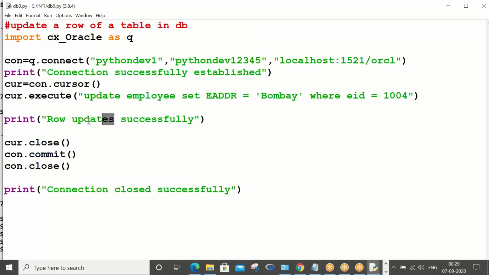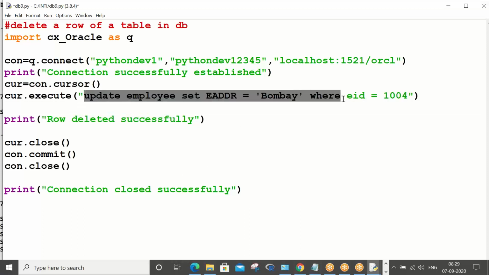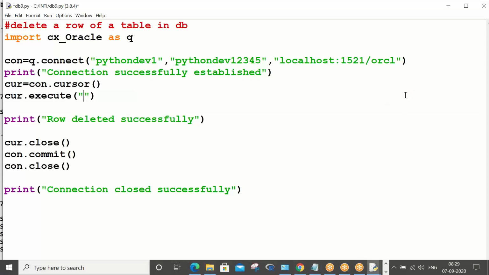Instead of this, what I will do is write a comment: delete a row from a table in DB. A row deleted successfully is what I would like to write. See, small minor changes I'm doing. All these things are same, just that you change your line. I hope you are understanding, guys.